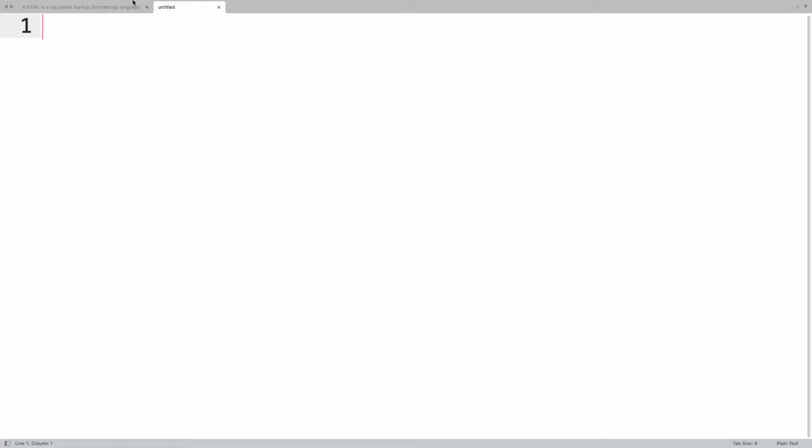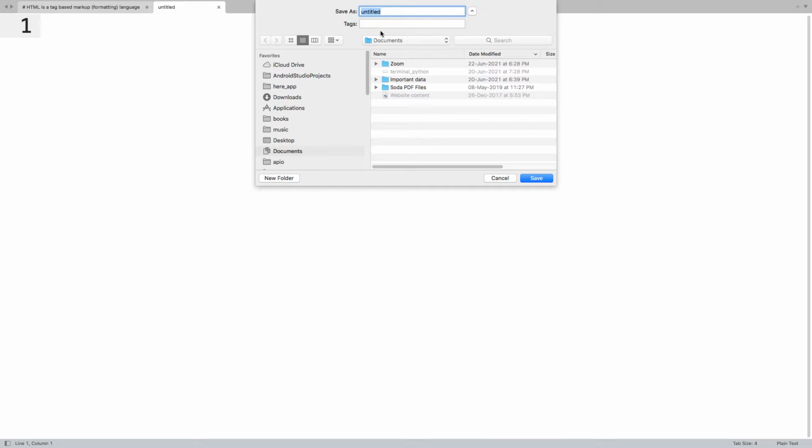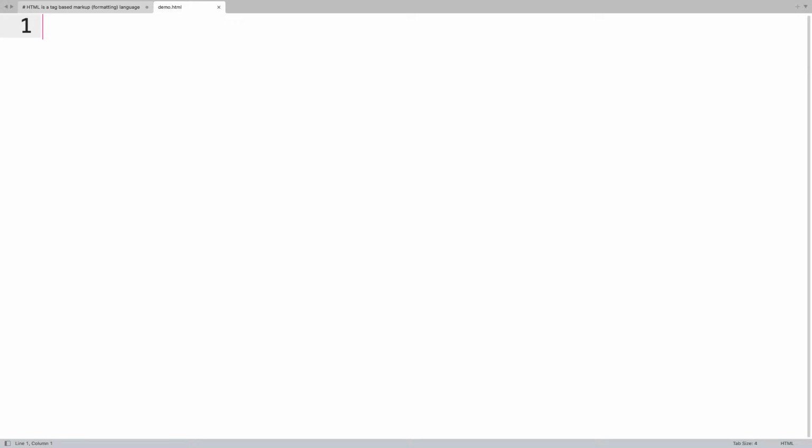To start, you can just create a file and save it as HTML, with any name. I'll say demo.html. The first tag or element that you have to write on any page is doctype html. This tells the browser that this document is HTML5. There are different versions of HTML, and this declaration tells that this document is of HTML version number 5, which is the latest version.